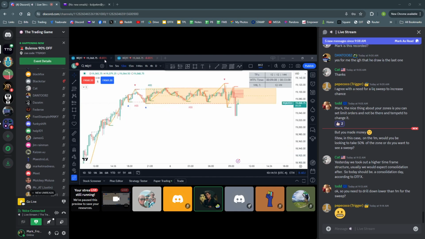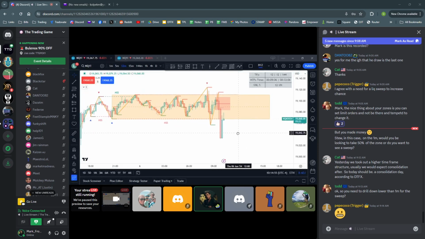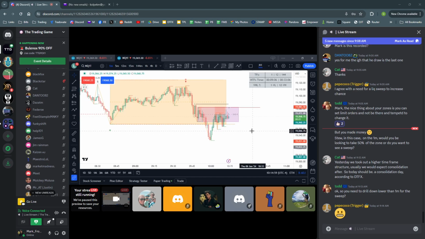I mean, the rejection off this area right here is just insane. It just keeps delivering right here. It's going to be one of those times. The S&DR is not going to deliver a fifth time, will it? Yeah, I know, right? The S&DR is not going to deliver a sixth time, will it? I've caught 3 little pieces of this, and they've done really well. And it's neat that I never would have looked for trades here